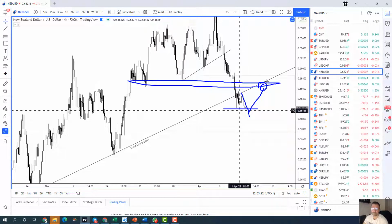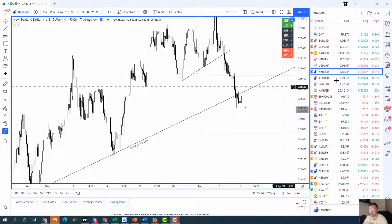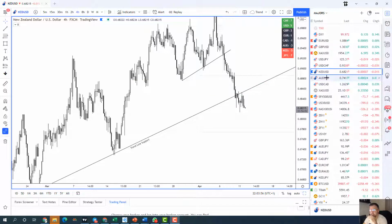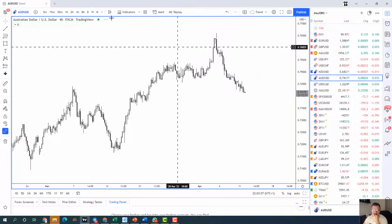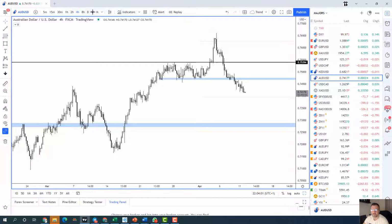Whether it does or it doesn't, I have no idea, but I'll be looking at 15-minute cycles to get short should we break through these lows, or I want to see a little bit of a higher correction into the 68.60. And Aussie was very, very similar in terms of the weekly outlook and how the market's moved,